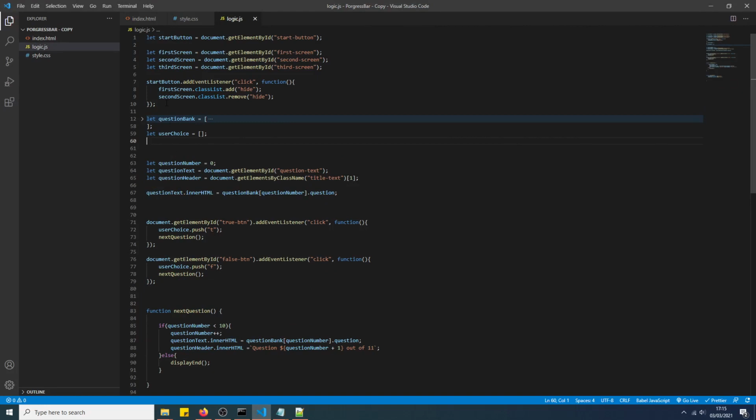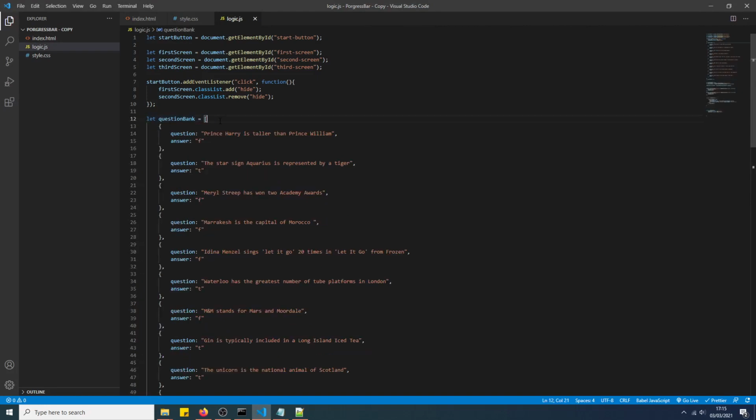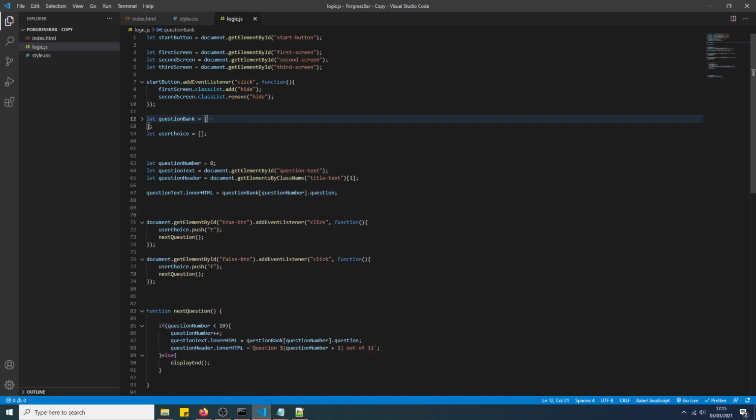But yeah, as you can see, we've got this array here that contains objects. So it's got two fields, the question field, which is the text that it displays, and the actual answer. It doesn't display this, it just keeps it for later use. User choice is an empty array. When they press it, we've got an on-click listener, so when they press the true button, it pushes T to this array here, so that's how we keep a record of that. And then both